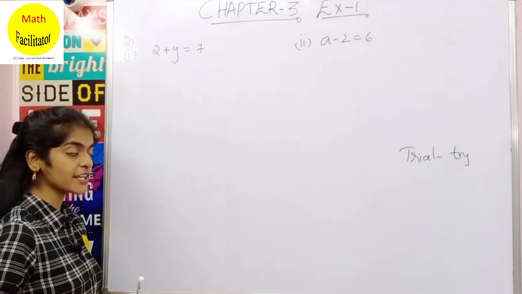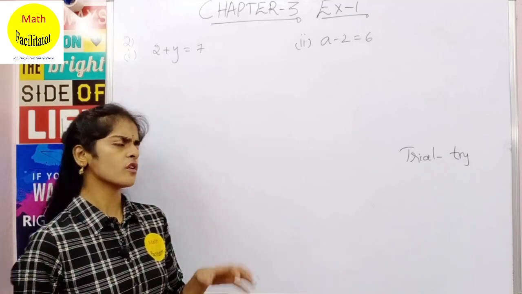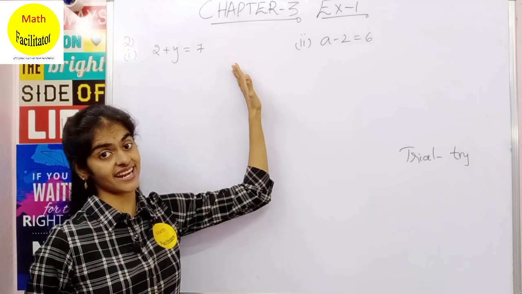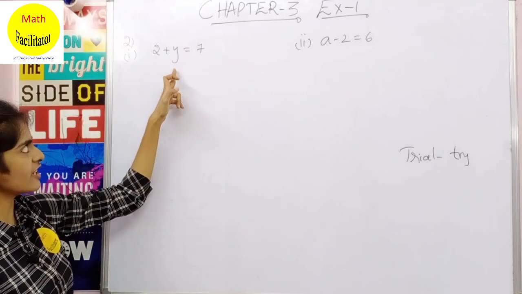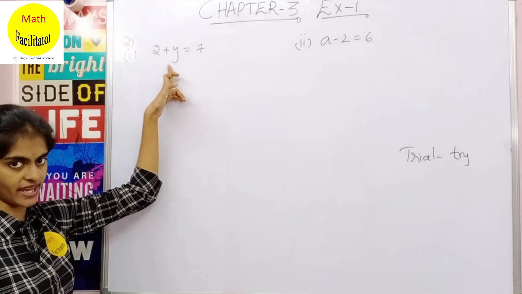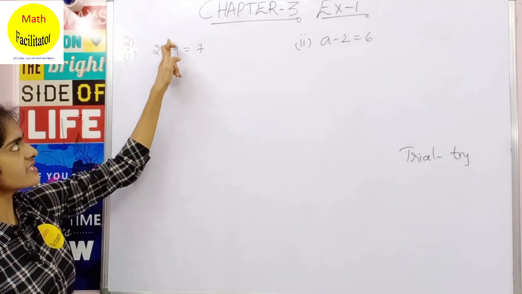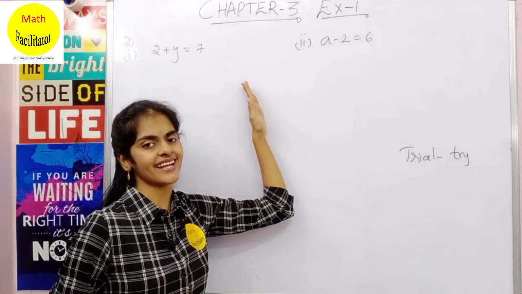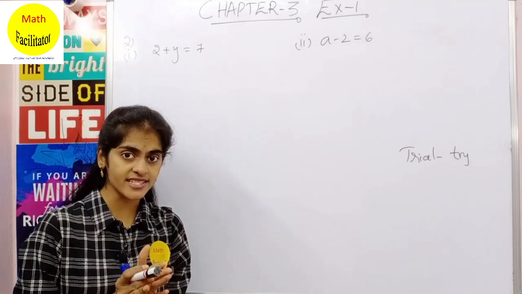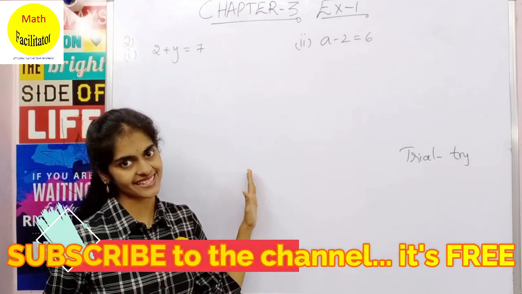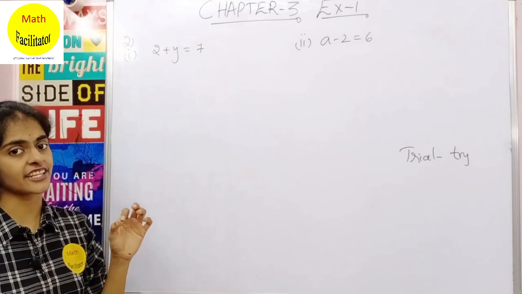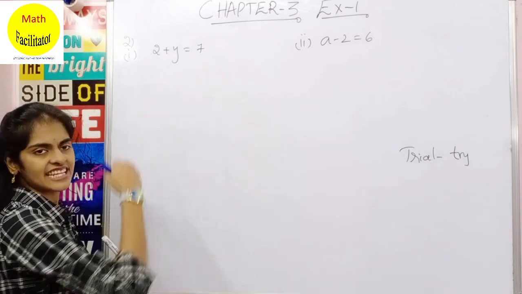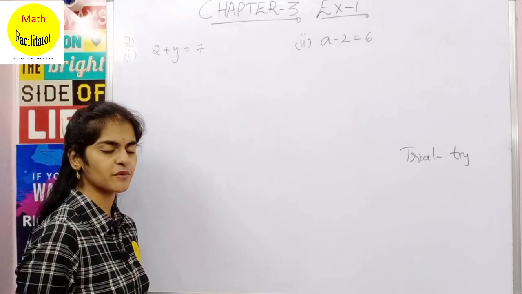Now we shall start with the value 0. The simple funda of this question is that your left hand side should be equal to the right hand side. So you will place some values in the place of the variable, in this case y, and you will check whether your left hand side is equal to the right hand side or not. You will stop the process when the left hand side is equal to the right hand side, and that is the exact value of this variable, the correct value which satisfies this equation. Clear? So let us do it once, it will be very clear for you.